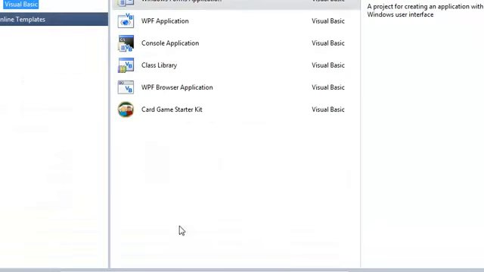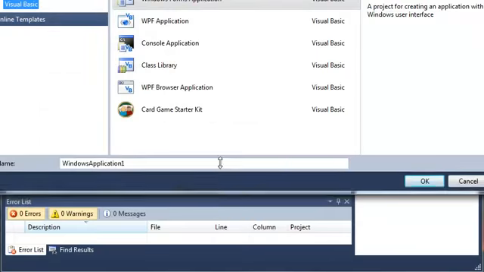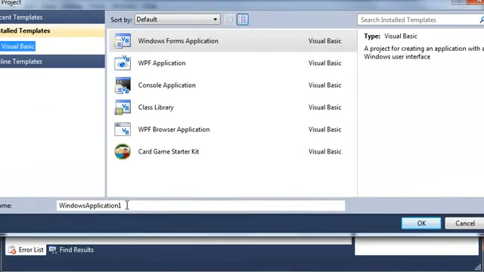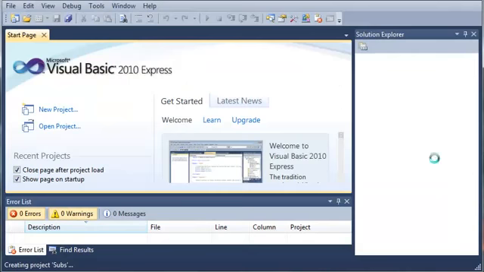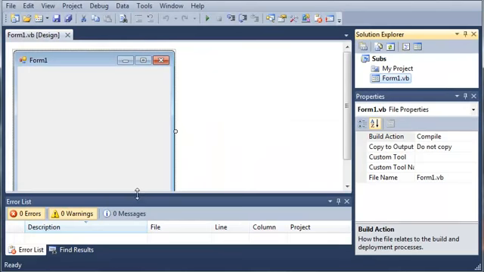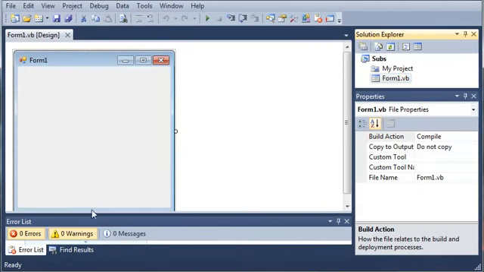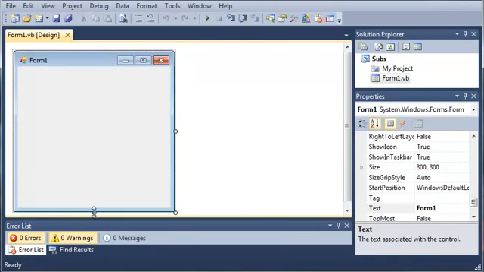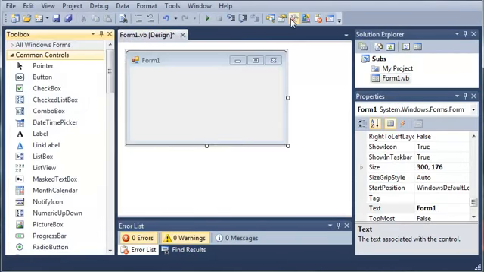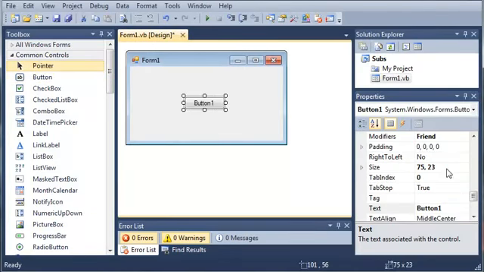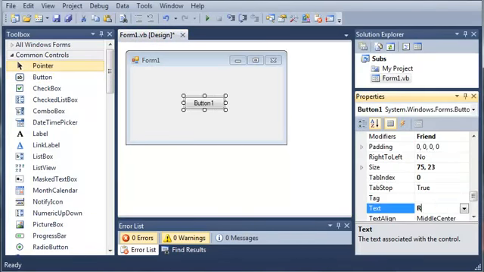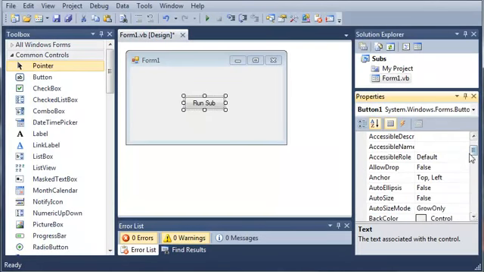We'll create a new project and we will just call it subs, and make sure you've selected Windows Forms application and go ahead and click OK. So let's go ahead and resize our form, and we'll come over here to our toolbox and we'll add a button, and we'll set the text to run sub, and we'll go ahead and change the name property to